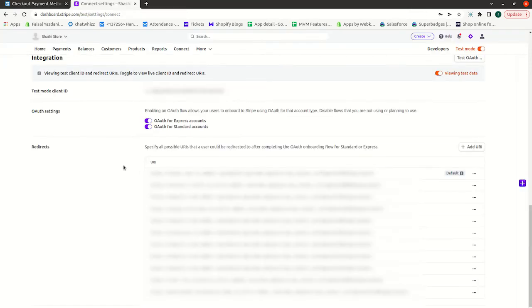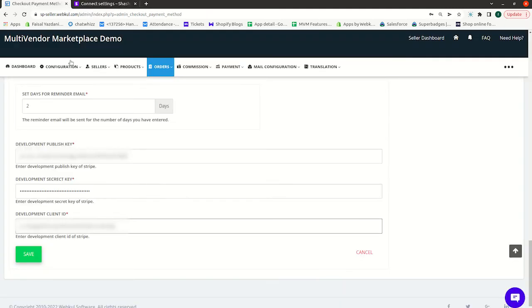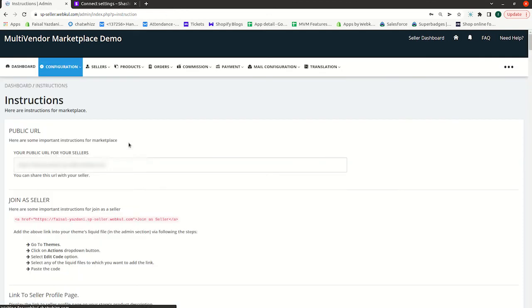Also, kindly check if you have enabled both of these authorizations, because in most cases we need these. Then we go to the redirect. Here we need to add a URI to finally integrate this application with the Stripe account. So here you need to add the URI, which you will find in the instructions.